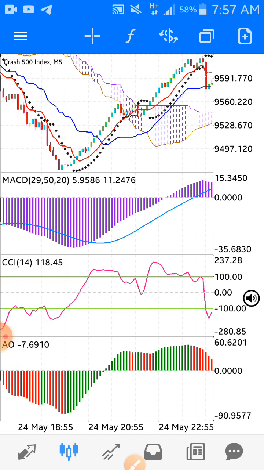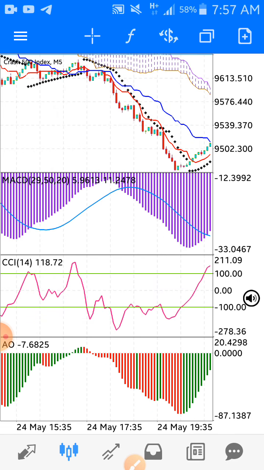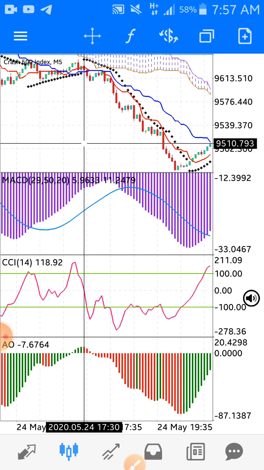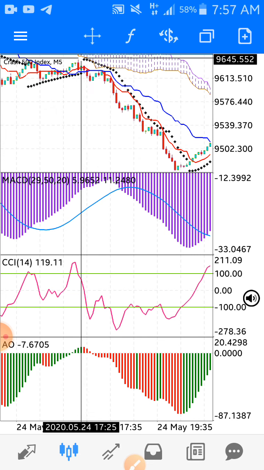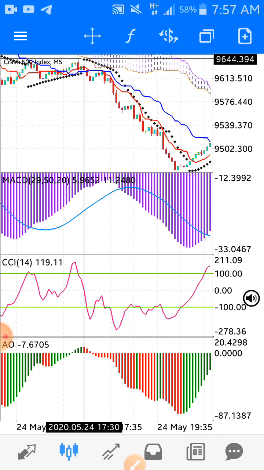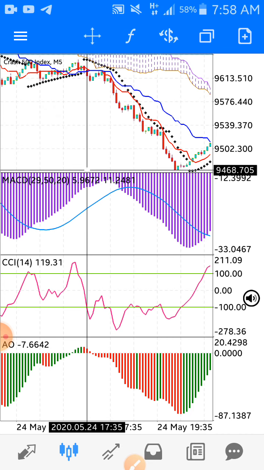All right, so I will also teach you against spike. Just follow me little by little. All right, so we have a signal here below the cloud, confirmation 1, parabolic SAR appearing up, confirmation 2, MACD